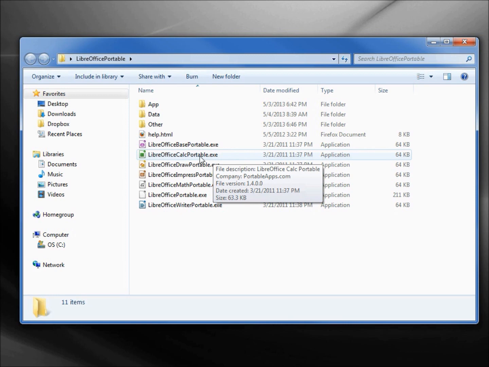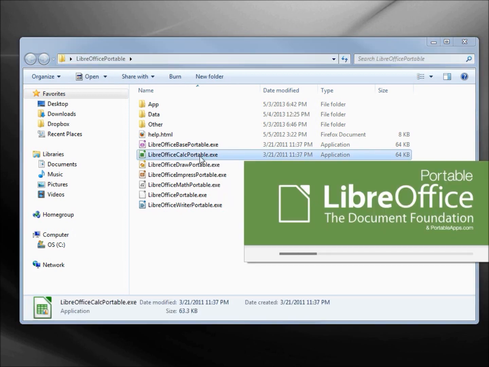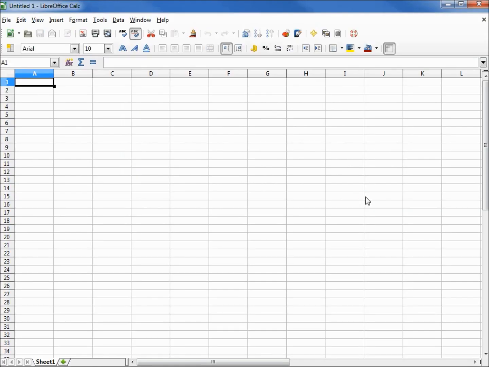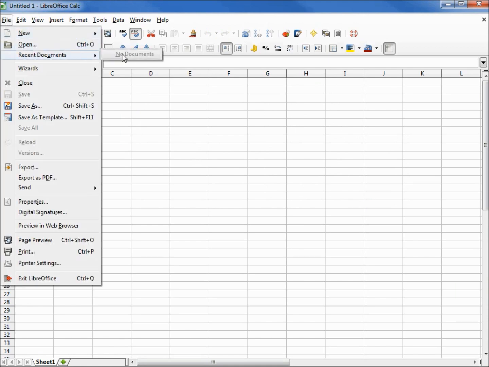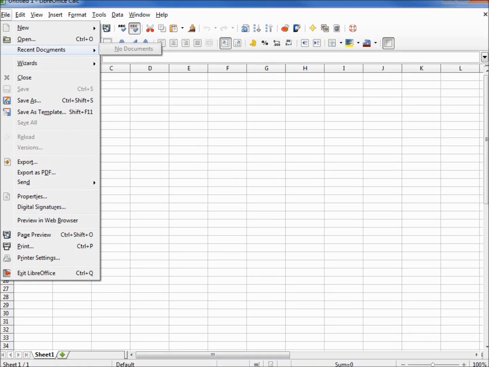Let's open LibreOffice Calc Portable. And here we see the portable. And we'll notice if I look in File, Recent Documents, there aren't any, because I haven't opened anything with this version yet. The recent documents will hold the last 10 documents we had opened. This is important to us because we can't just double-click and open up a file in LibreOffice Portable because Windows won't know that LibreOffice Portable exists. So we'll have to go in and open the document from the recent documents.